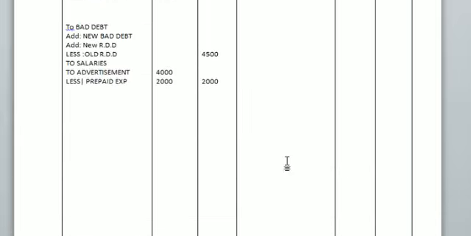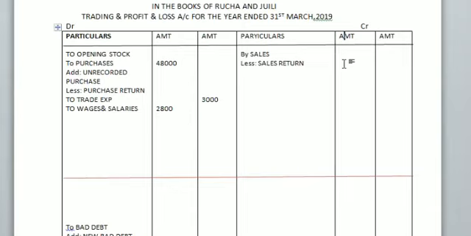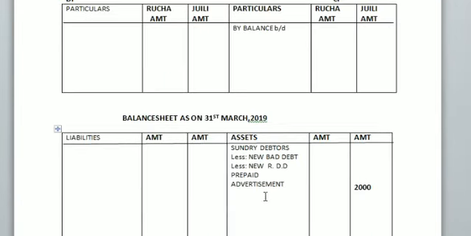The next is sales returned. Already we have written sales returned, and therefore we will write the sales returned amount. It is given here, 8,000 rupees sales returned. The next is freehold property, asset side. Freehold property in the outer column because there is no adjustment, and therefore the amount is 23,000 rupees in the outer column.